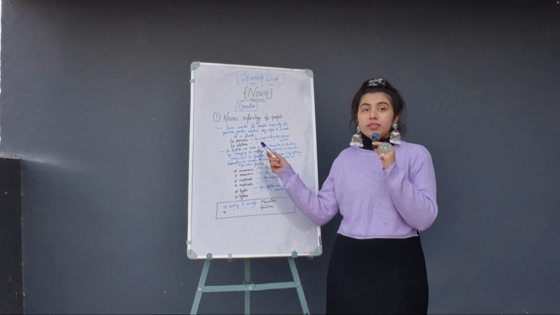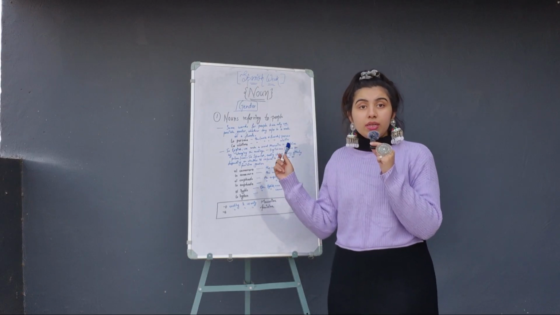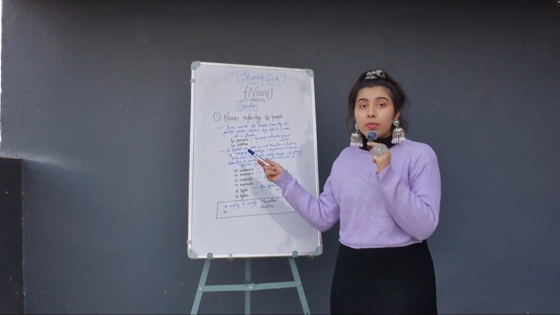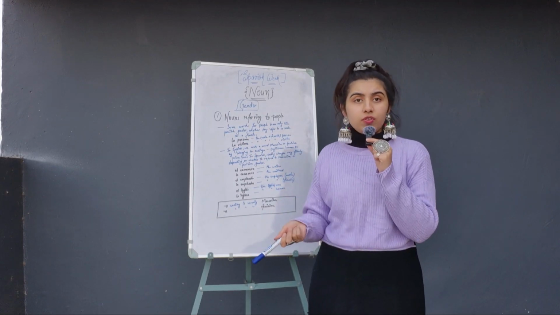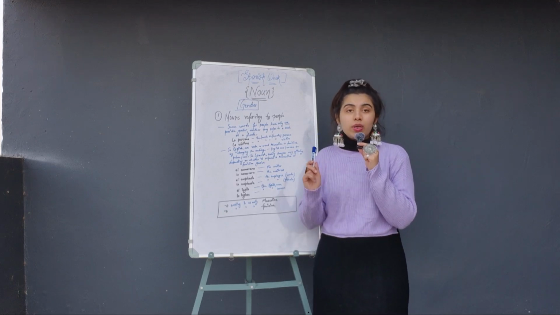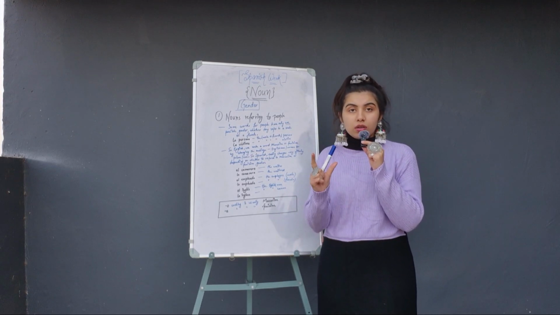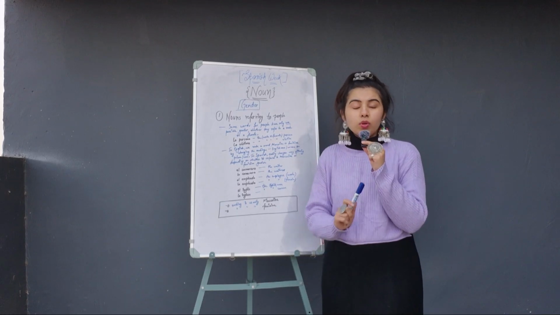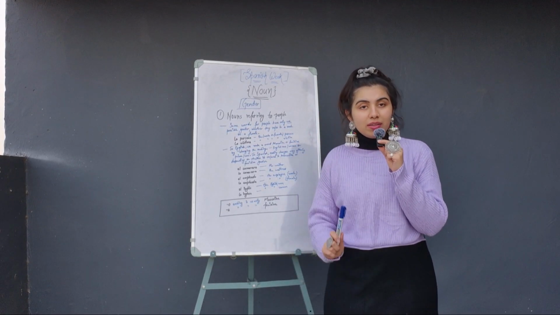And the second one is la víctima. La víctima means the victim. It can be a male, it can be a female, both, but it is referred to as la víctima. When you're referring to someone, the word is la víctima. It won't change to anything else. It will remain the same.